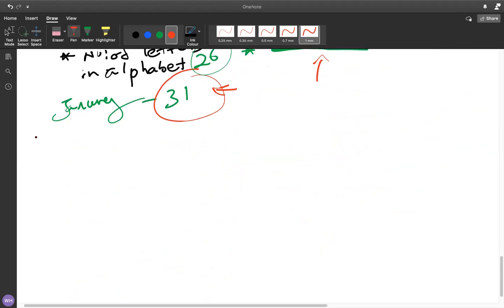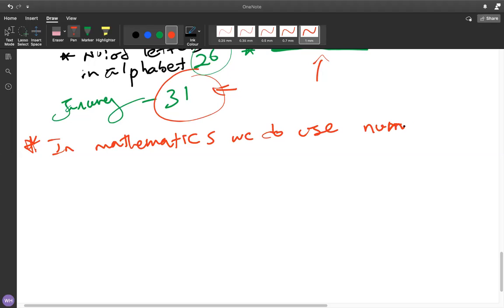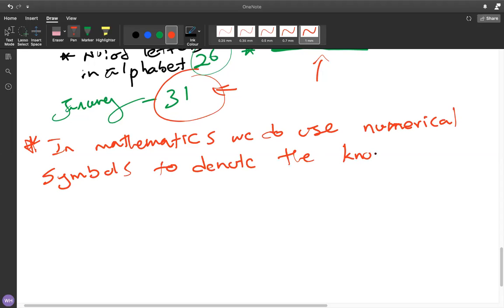Put a star mark below and write. In mathematics, we do use numerical symbols to denote the known terms. Full stop. And